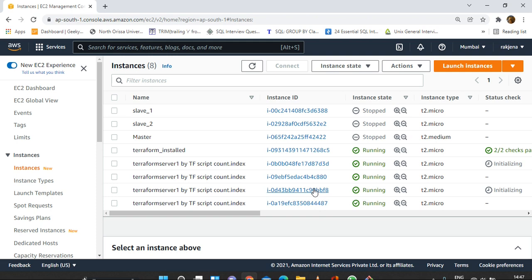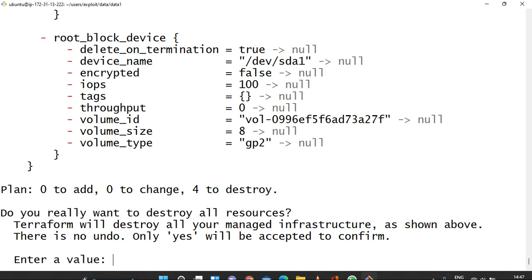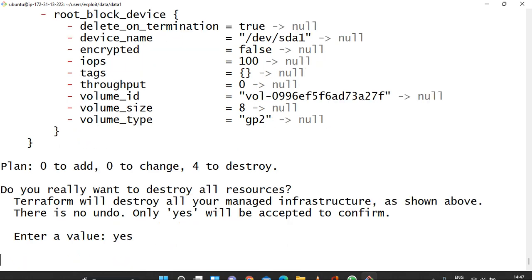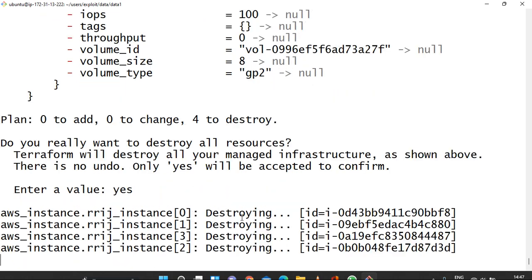You can see all will be terminated soon. Before that we will have to write yes. Now it will be destroyed.